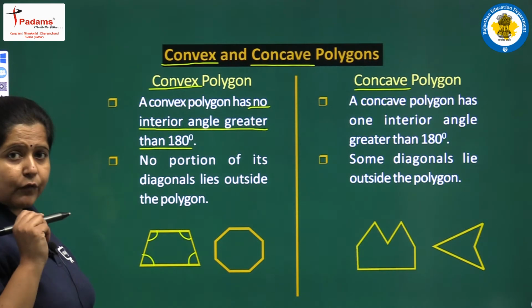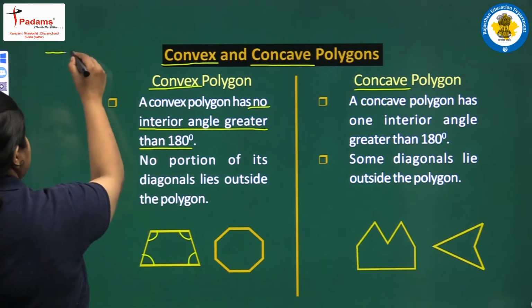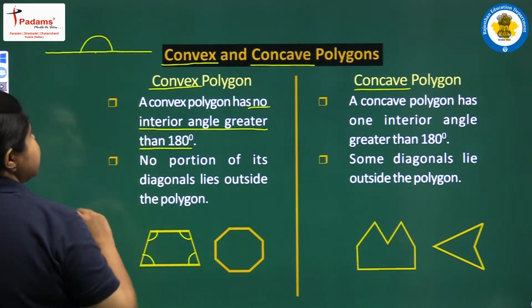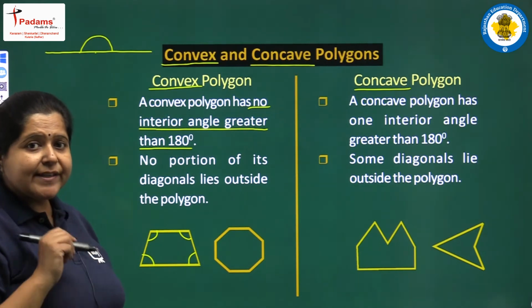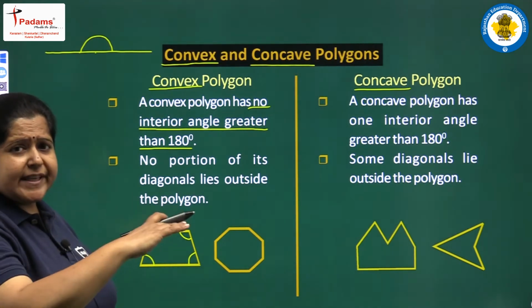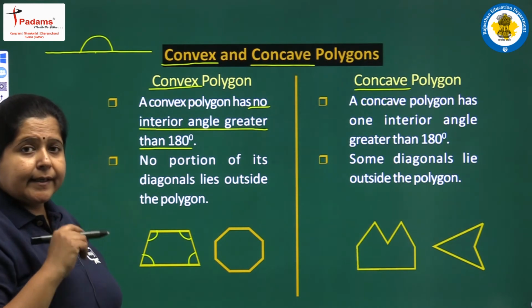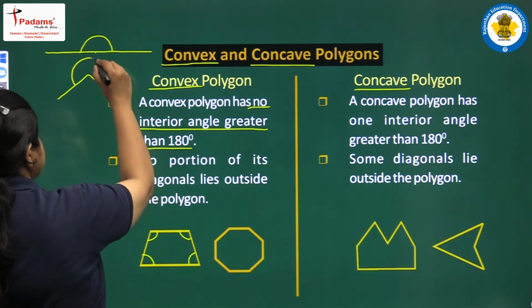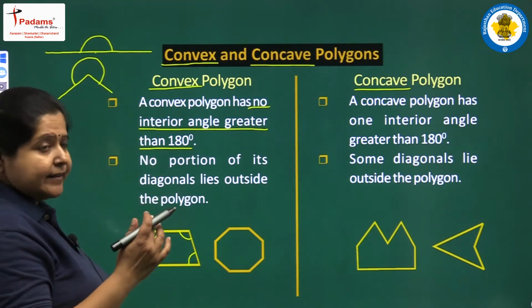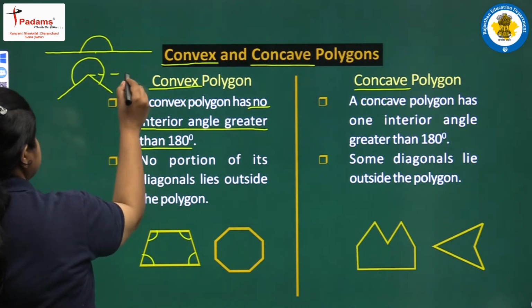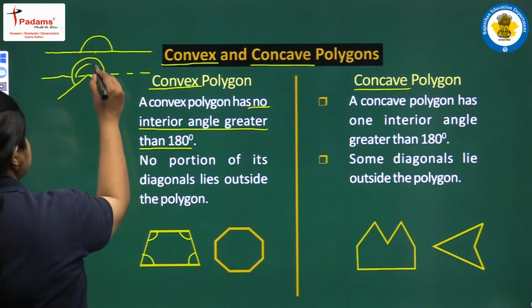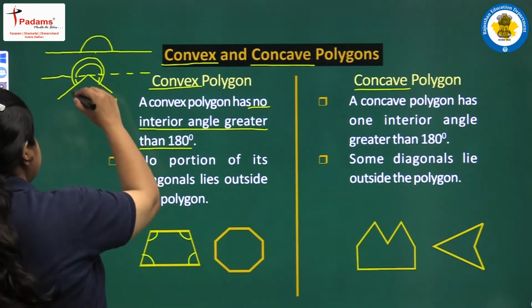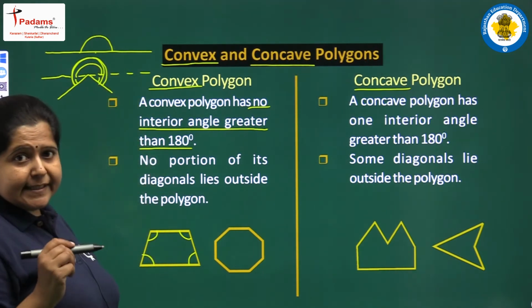What is an angle of 180 degree measurement? When we draw a straight line and take a point on it, then this complete angle is called a straight angle and its measure is 180 degree. A straight line represents an angle of 180 degree, and when we bend this line in this way, then this angle becomes greater than 180 degree. Clearly 180 degree would have been if we take in this way. This one was the 180 degree and now it has been increased on both sides. So, this particular angle is greater than 180 degree.